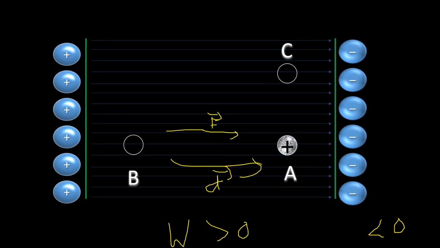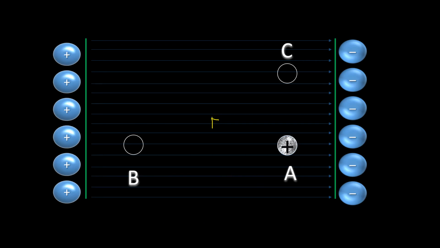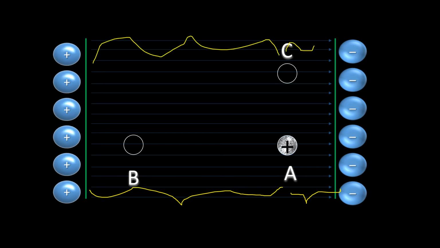And what about A to C? Now logically, for the charge it makes no difference whether it is at point A or point C, because the distances from the negative charge and from the positive charge at point A remain the same at point C. So you place the charge at A point or you place it at C point, it makes no difference as far as the position or energy of the charge is concerned. And hence if we take the charge from A to C, potential energy should not change. Does it change? No, it will not.